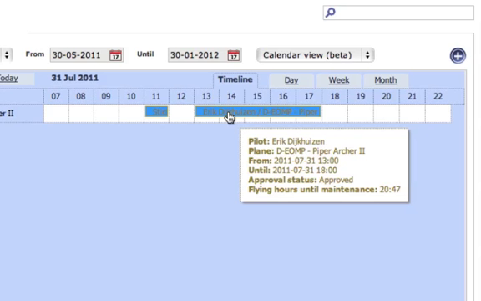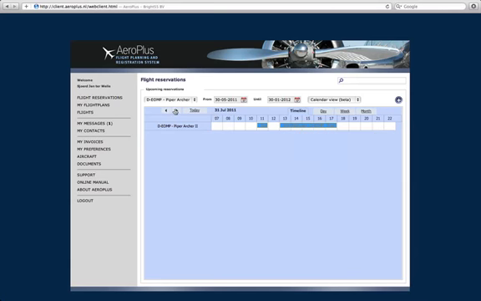And you can see also how many flying hours most likely are remaining until the next maintenance job that has to be done on the aircraft. Most aircraft have to go into maintenance every 50 or 100 or 200 hours, and this is an estimate into the future of how many hours there are still remaining. Continue on and see that on another day there are 2 reservations by the same guy,